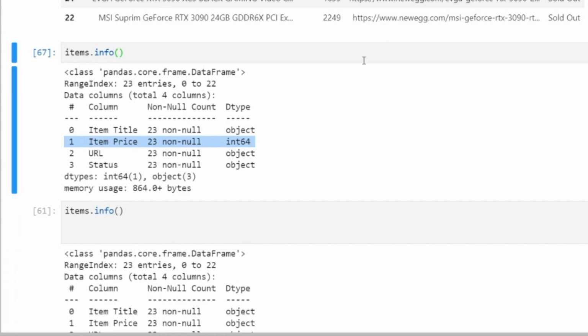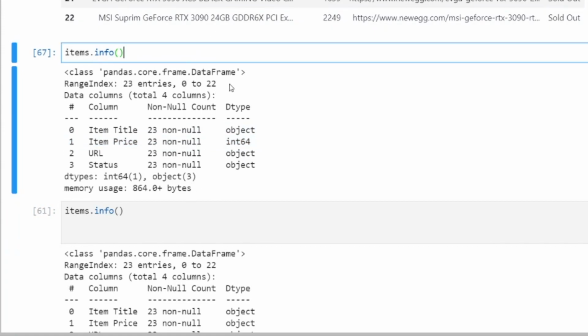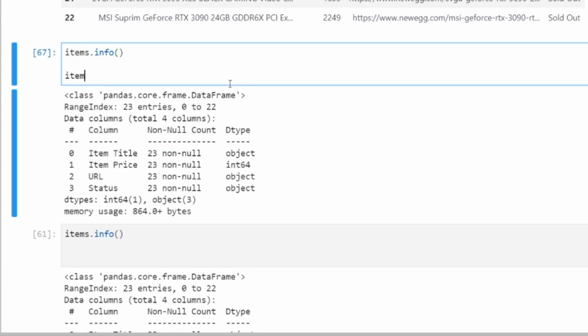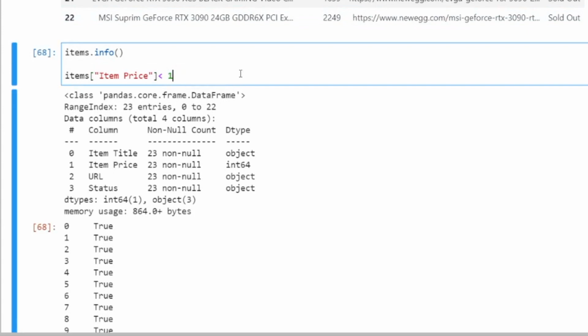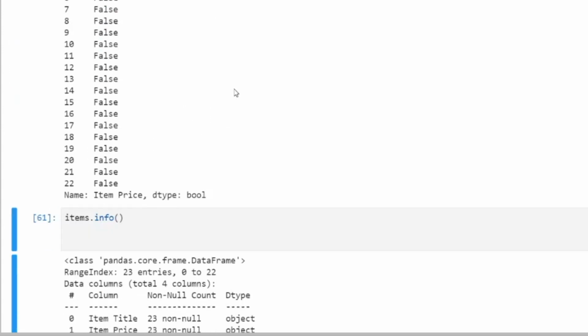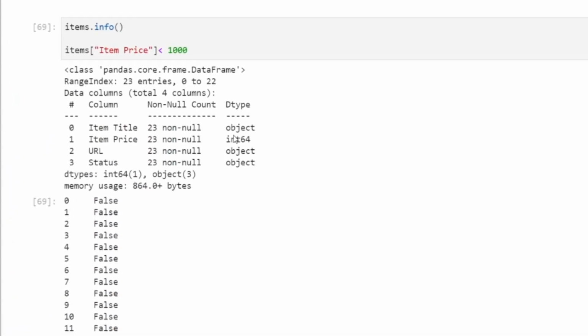Int64, this means I can do some queries here. So for example, I can do items, item price bigger than 100, less than 1,000. Of course, there's nothing under 1,000.